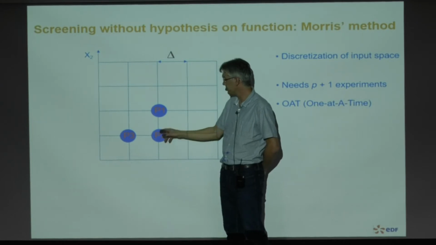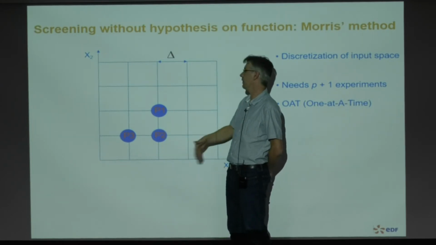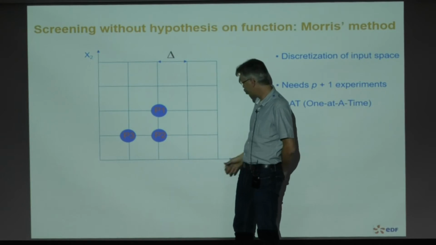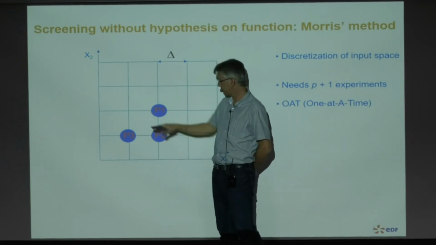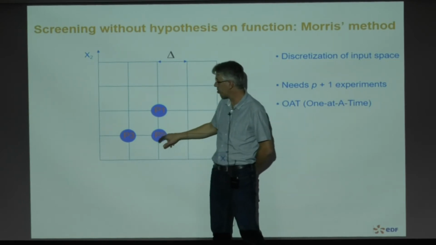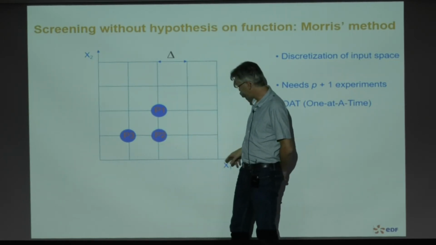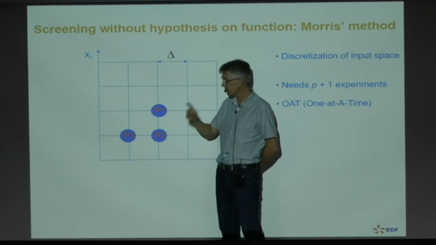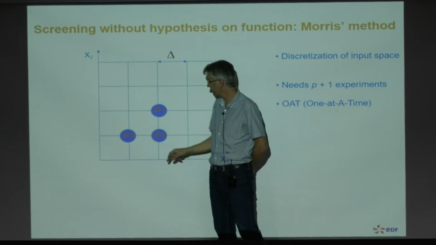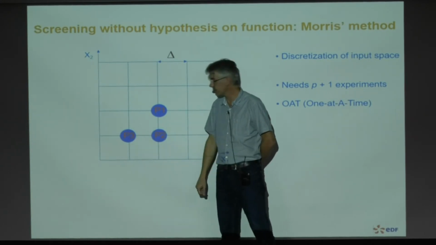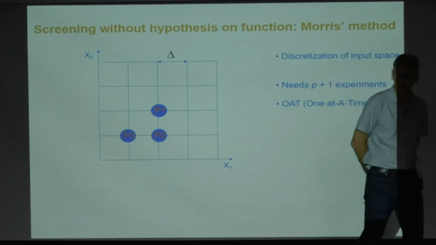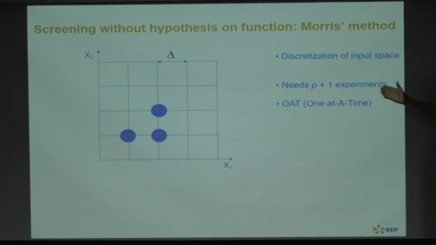We move along this direction. We fix the other directions. We find p2. And we randomly choose another direction. So here, x1. Okay, I don't choose x2 two times, so here I have only the choice of x1. I choose a dimension, and after I choose a direction, plus or minus. So here I have chosen minus randomly, and I have the third point of my one-at-a-time design. So if I am in dimension p, I need p plus 1 points.